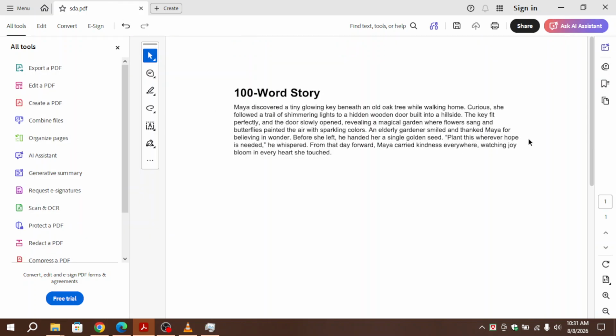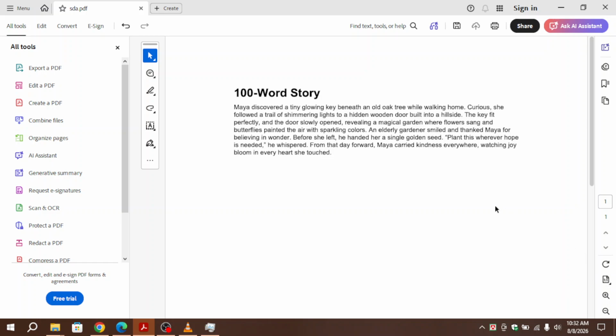Adobe Acrobat Reader includes several tools that save time every day. Learn how to search for text, highlight important information, add comments, fill out forms, and sign PDF documents. Customize Acrobat Reader so it works the way you prefer. So enable dark mode if available, adjust zoom settings, organize tool panels, and change accessibility options for a more comfortable